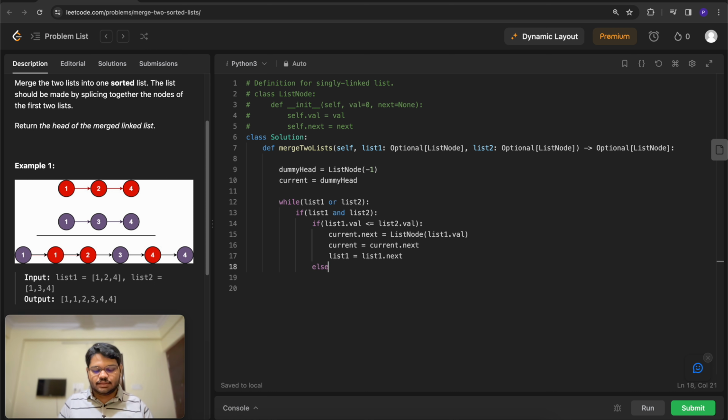So otherwise, if list 2 value is lesser, then we have to choose value from the list 2. So current dot next will be equal to list node of list 2 dot val, and we need to move the current forward. Current equals current dot next,